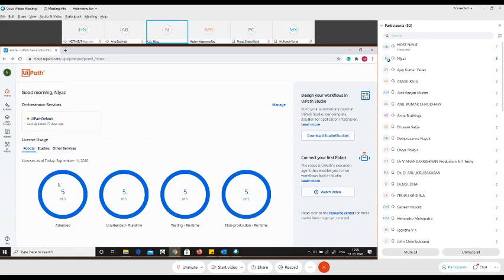So over here on the bottom of the screen, you can see the number of licenses you have. Ideally, I'm using an enterprise version, so that's the reason I have access to 5 attended robots and 5 unattended robots. If you're using a community version, you will have access to 2 attended robots, 1 unattended robot and 1 testing robot. That does not make a difference between what I'm presenting now and what you will be doing later. It's going to be the same for each and every one of you.